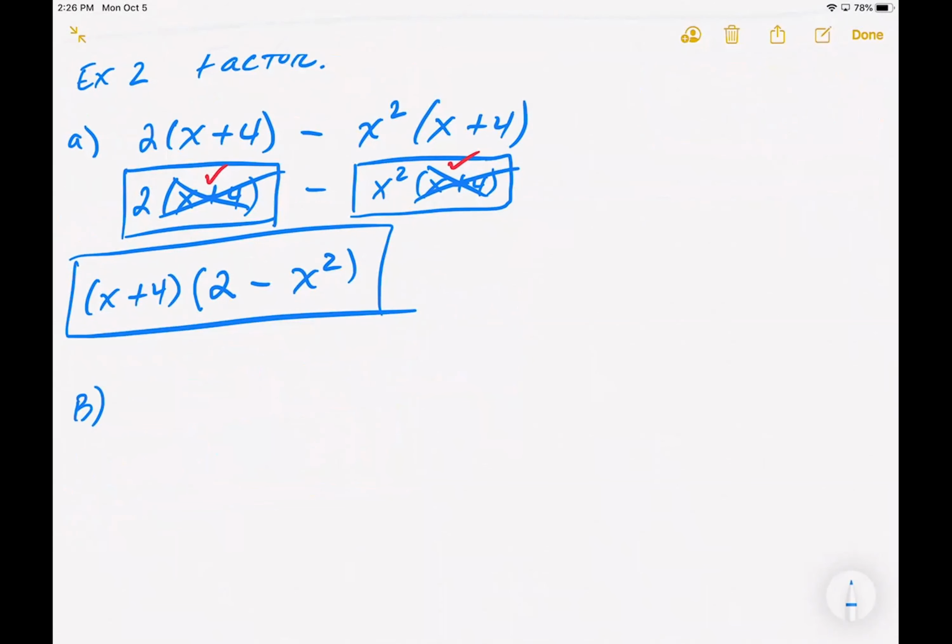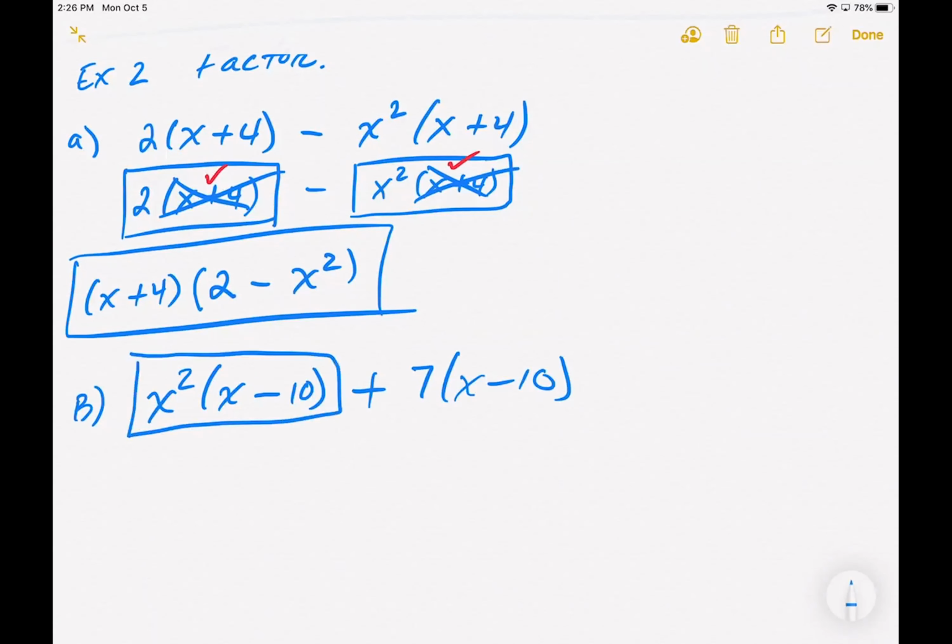say, x squared times x minus 10 plus 7 times x minus 10. Same thing, as you can see. Hopefully you see that it's very simple. We have x squared times x minus 10. The second item, 7 times x minus 10. And between those